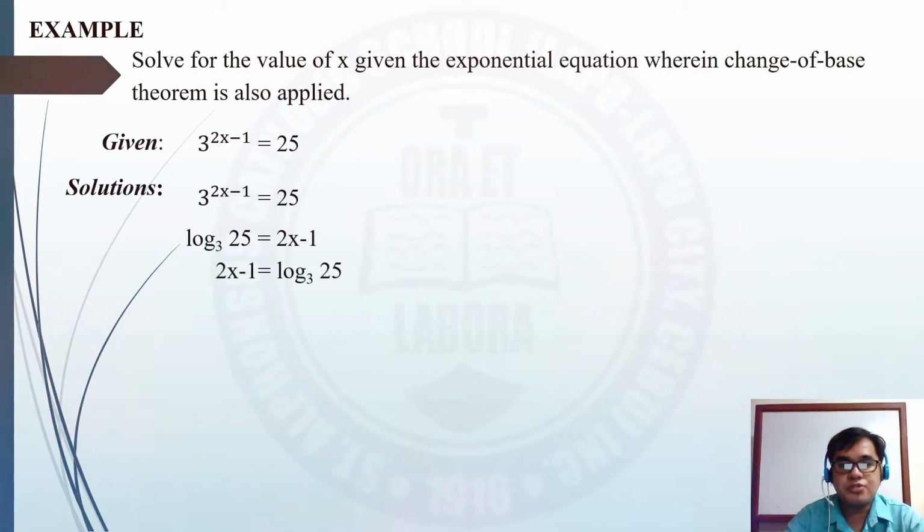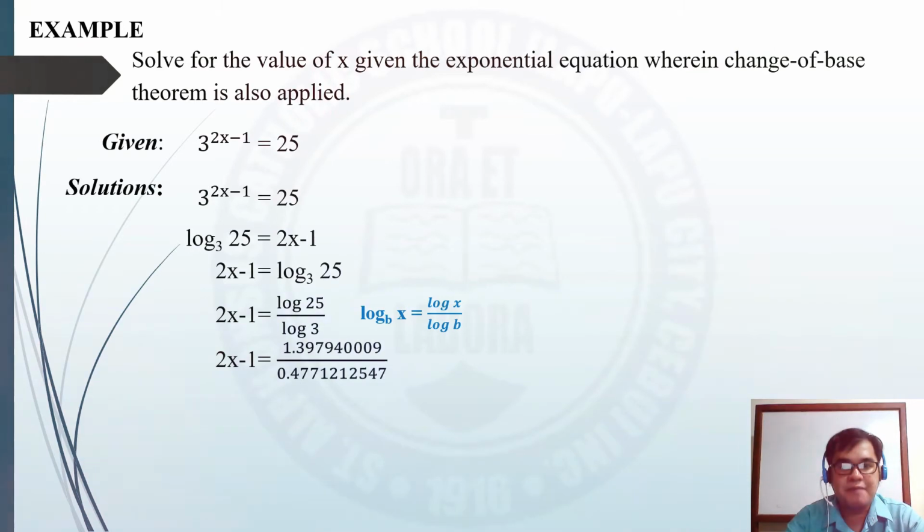Now we are going to use the symmetric property of equality so that the variable x will be placed at the left side of the equation. So we have 2x minus 1 equals the logarithm of 25 to the base 3. Now we are going to use the change of base theorem so that the logarithm of 25 to the base 3 will become the logarithm of 25 over the logarithm of 3. After that, we are going to get the value of the logarithm of 25. So we have